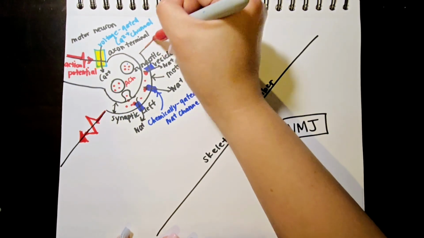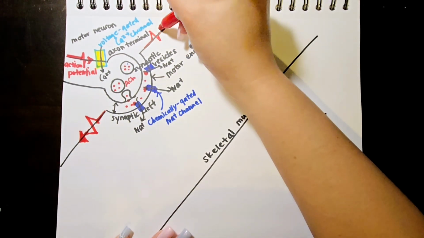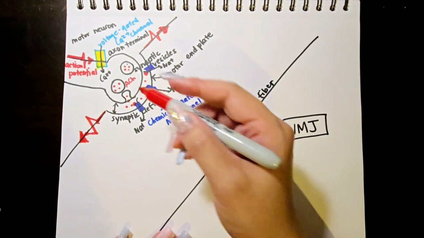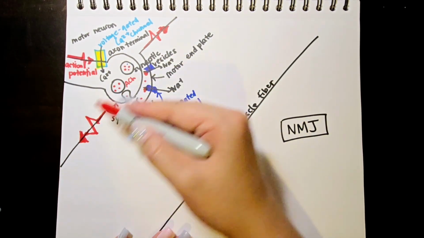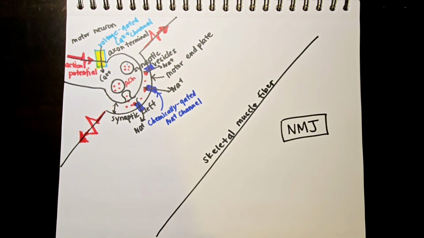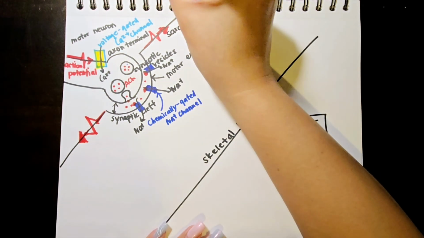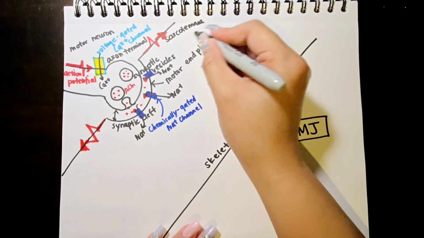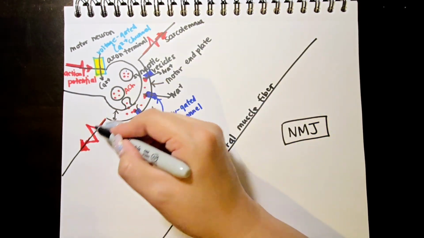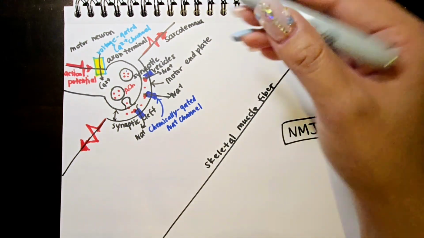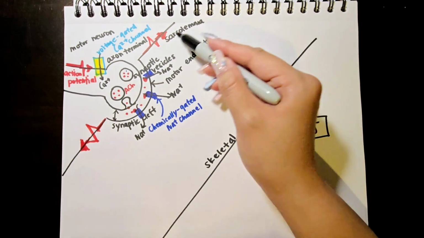Okay, remember this red little arrow thing? I'm just going to continuously use it as a symbol of action potential being fired. Action potential. But now we're talking about action potential moving across the entire skeletal muscle fiber via the sarcolemma. So sarcolemma, it's really the plasma membrane of the skeletal muscle fiber. So this action potential will be spread across the entire skeletal muscle fiber via their plasma membrane, which is called